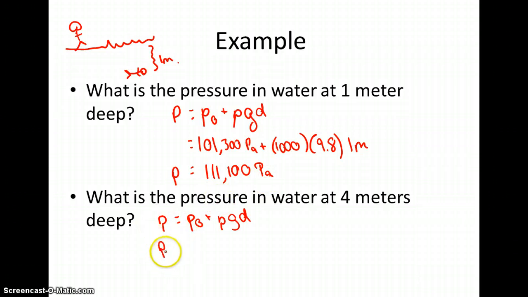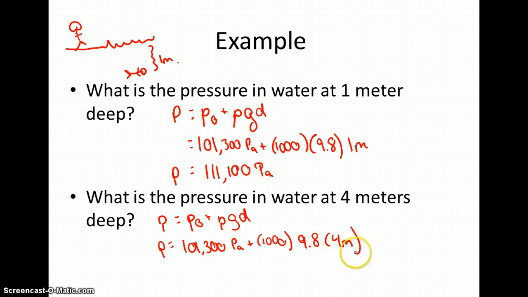The pressure that I experience, again, we're going to assume that I'm starting at sea level, which is 101,300 pascals, plus, all right, density of water is still 1,000, 9.8 is still gravity, but my new depth is 4 meters. When I work that calculation out, I should get 150,300 pascals, right? Which is 1.3